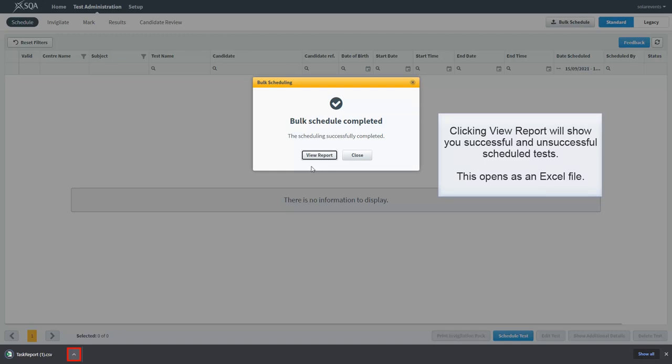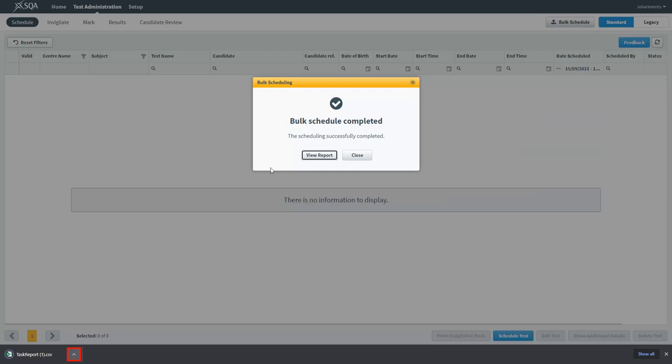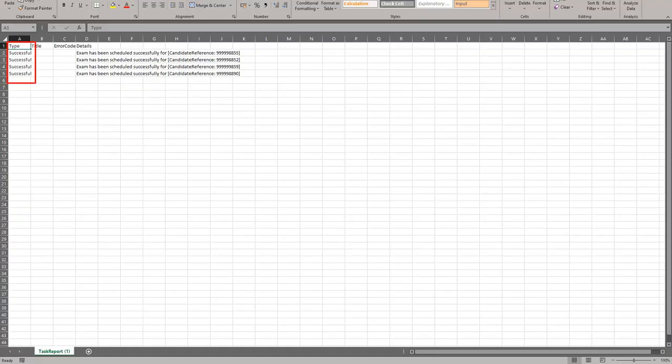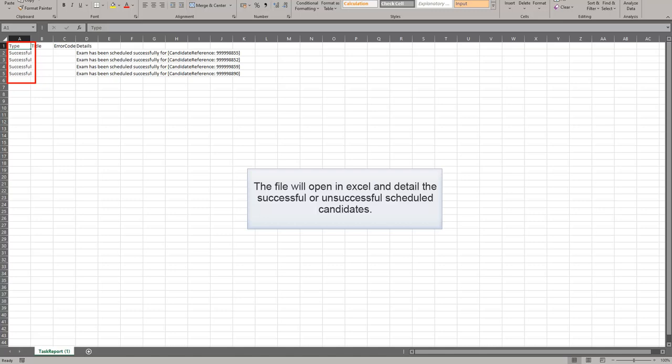Clicking View Report will show you successful and unsuccessful scheduled tests. This opens as an Excel file. The file will open in Excel and detail the successful or unsuccessful scheduled candidates.